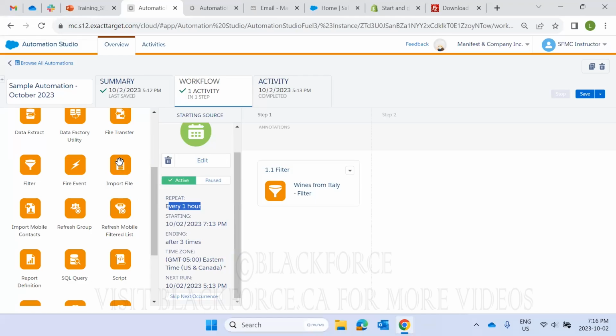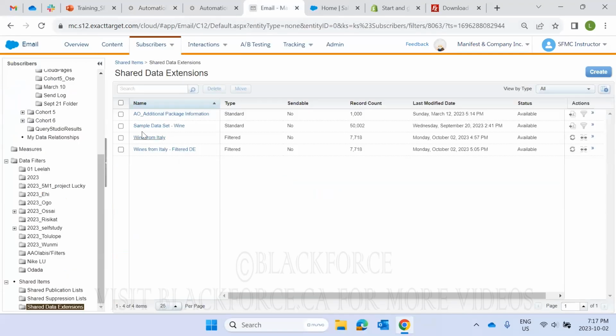The next one is the import file activity. So this one you're going to use more often. This, as the name implies, is the activity that allows you to grab a file from the FTP and import it. So grab, say, a CSV file and import that file into a data extension,